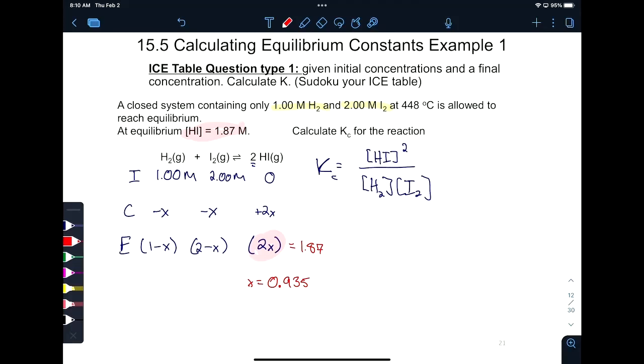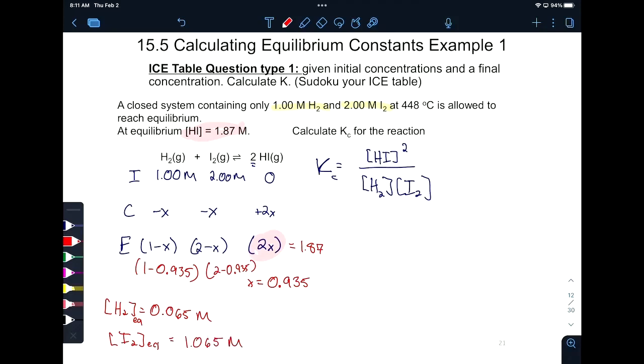And so now we need to just plug in X to the rest of the equilibrium line so we know the concentrations of everything else at equilibrium. So that is X, so that means that H2 is equal to 1 minus that number, 0.935. So the concentration of H2 at equilibrium is equal to 0.065 molarity. The concentration of I2 at equilibrium, so we'll just do 2 minus that X that we just calculated, 0.935, sorry for my messy work, is equal to